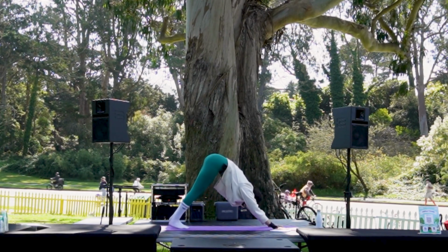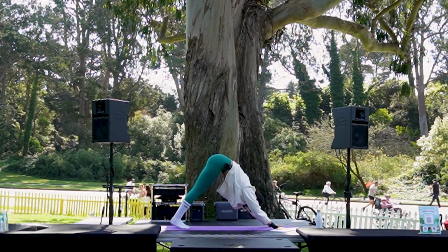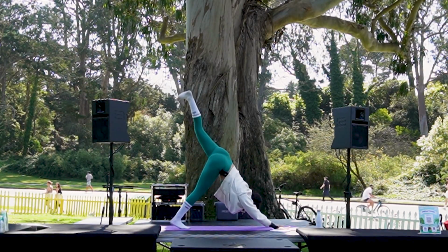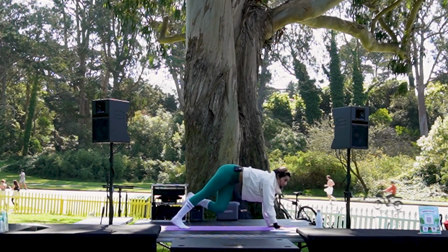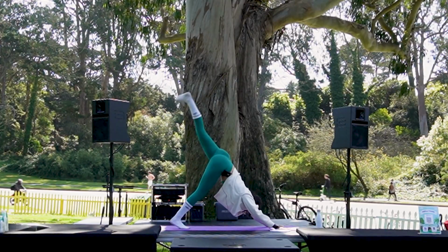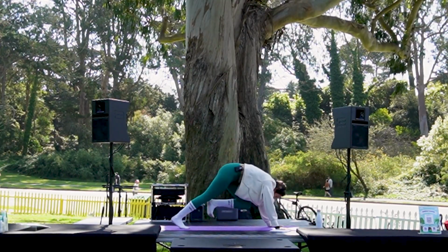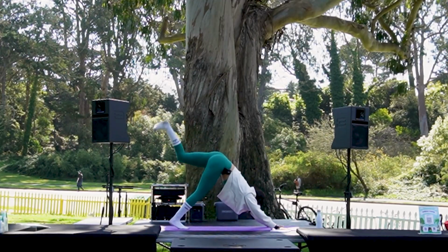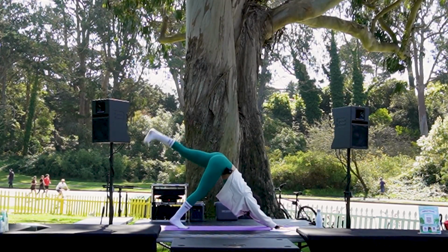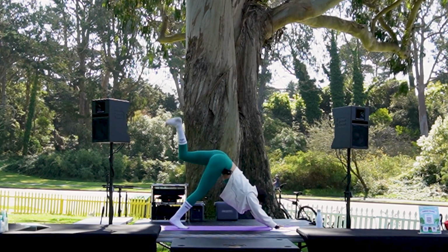We do the same thing on the other side. So option to stay here or take that optional core challenge. On your next inhale, left leg lifts. Exhale, bring left knee over to right elbow. Inhale, open up, three-legged dog. Exhale, left knee, left elbow. Inhale, kick it back. Exhale, knee to nose, shift forward. Final one, inhale, lift. And if you're in that downward facing dog, lifting up, three-legged dog, and exhale, step left